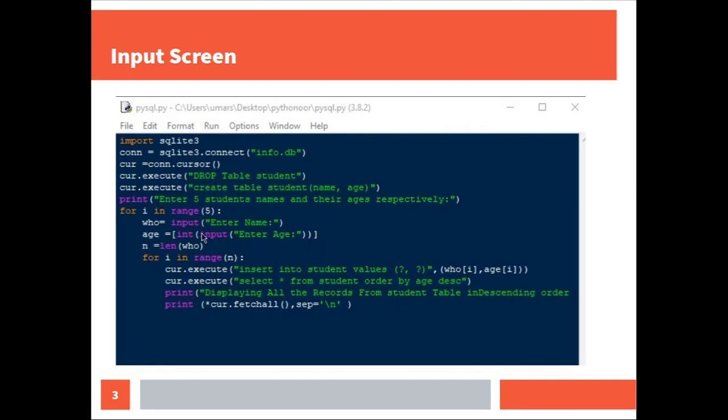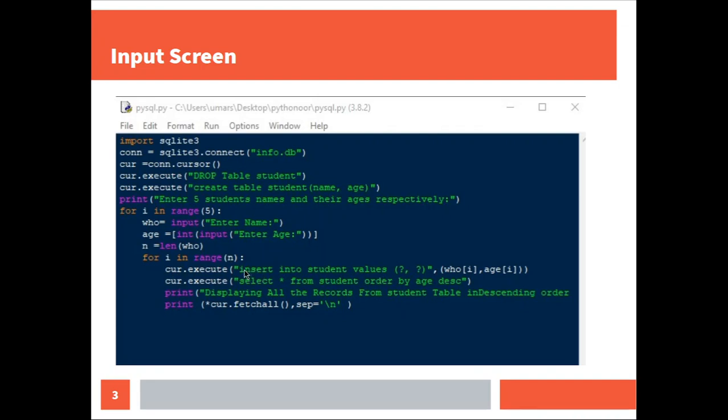Okay, so 2 inputs are got. Now we are going to insert these data into the table. So how to insert into the table? Again, we are using a for loop in order to insert those data using the cursor. So how to use this statement? cur is the connection.cursor, which is the cursor object, and then we are going to execute this statement.